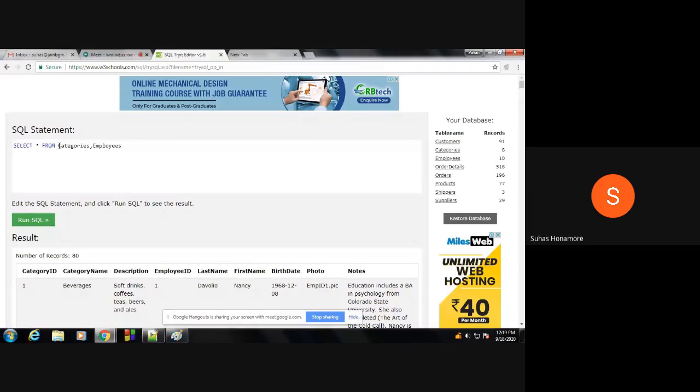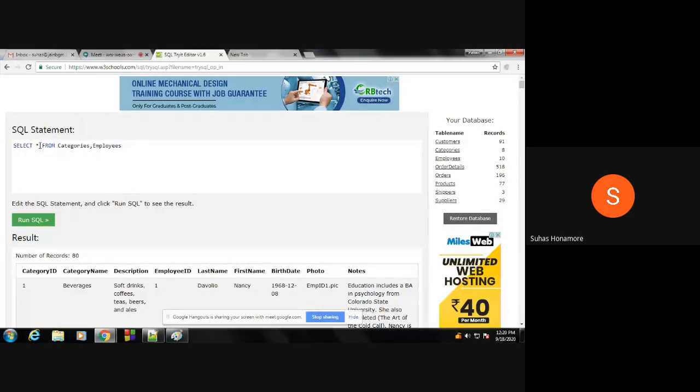Whatever we are doing here, one table, comma, one more table, is called a Cartesian product. We are doing the Cartesian product of the first table with the second table. As for columns, suppose the first table has P columns and the second table has Q columns; the total number of columns will be P plus Q. And for rows, if the first table has m rows and the second table has n rows, the resultant table will have m into n rows. This is my Cartesian product.